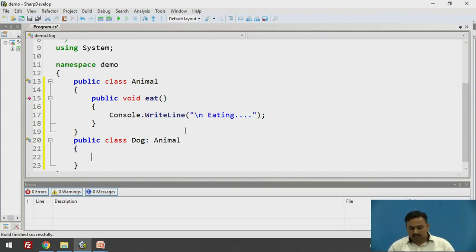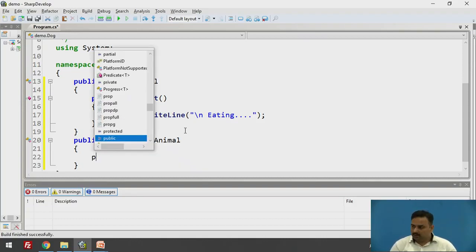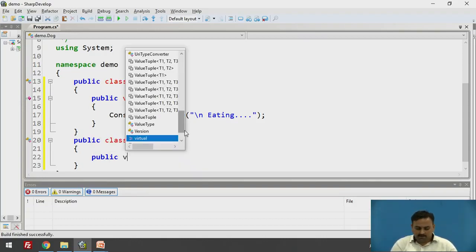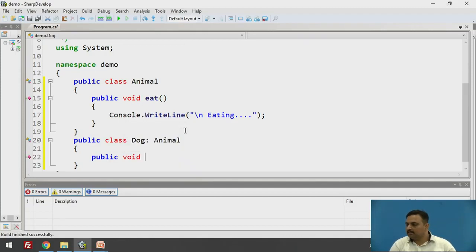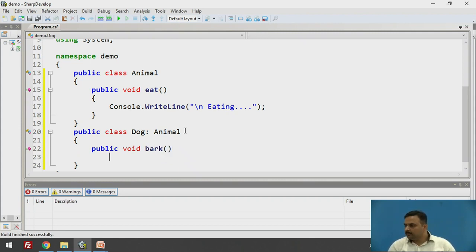And here also again we are going to add one more method. Let's say public void, and a dog will bark, isn't it? So for that I will write one method here, bark.